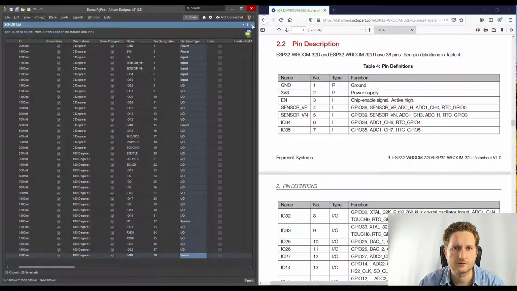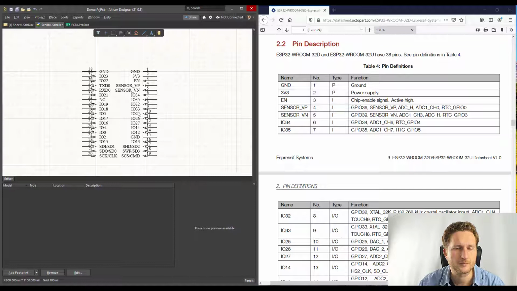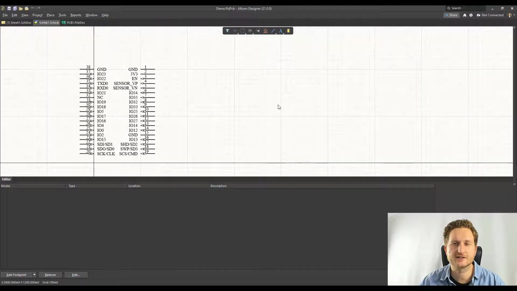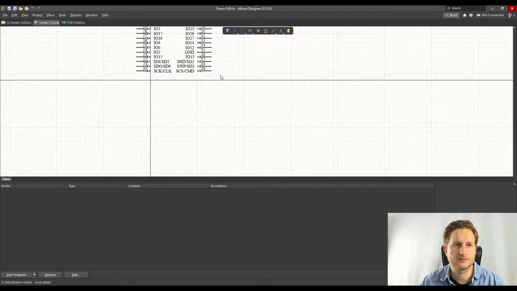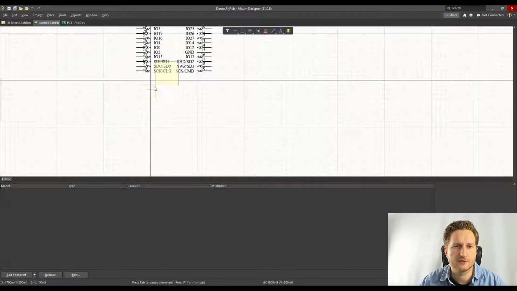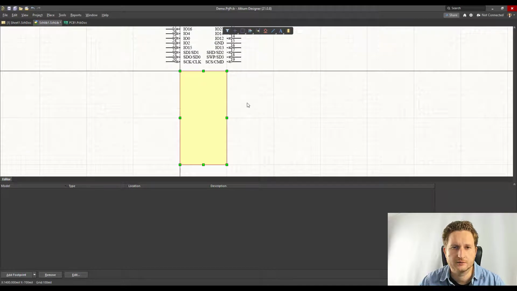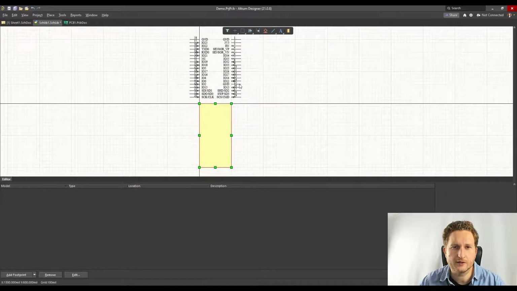Let's change this schematic list and go back to our schematic symbol. So in the next step, I will arrange the pins. I will group them in a logical order and also draw a schematic symbol, the body of the schematic symbol. You can do it with the menu Place and click on Place Rectangle. Default is a rectangle which is yellow with a red marked edge. You can place it like that, zoom out a little bit, and then arrange the pins